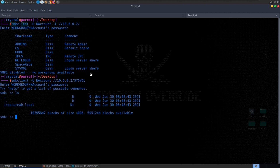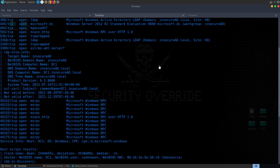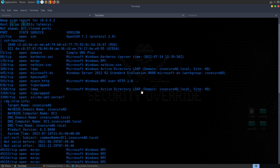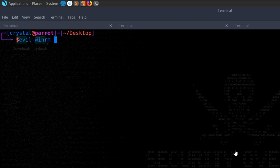So yeah, we can see this insecure AD local, and we do have some things in here. I did go through and download some of these things, but they're not going to be of much use to us. Let's see what else we have here. If we try to even connect with evil-winrm to the N account, 10.6.0.2, user N account, and then the password